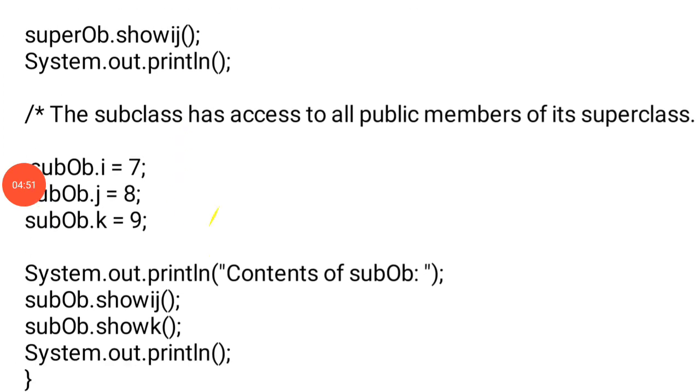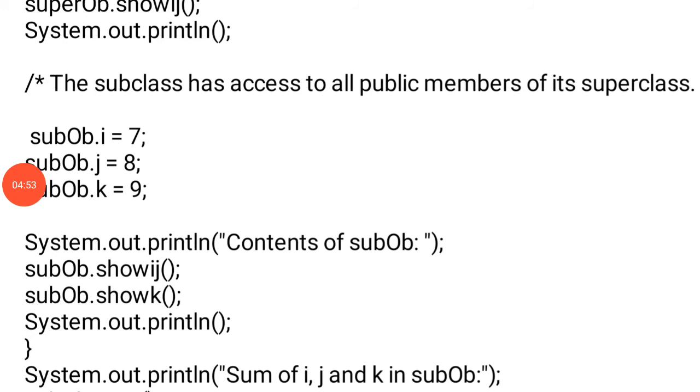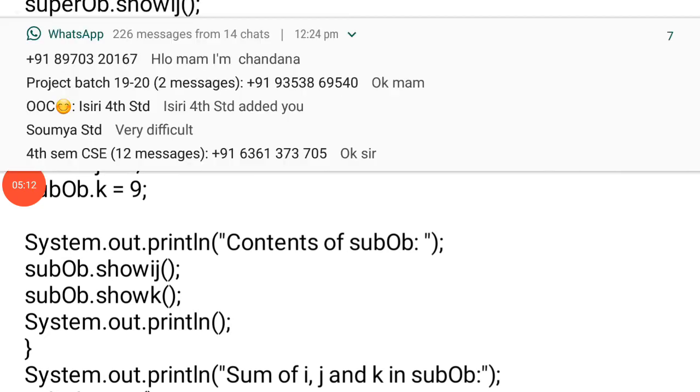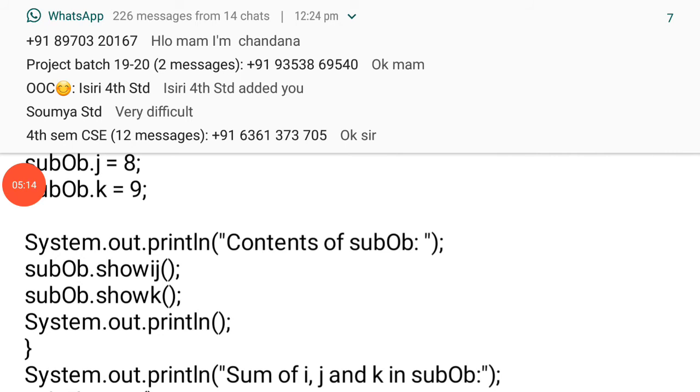subclass object. Whenever you create an object of the subclass, it is also going to receive a copy of all the instance variables defined in the subclass B. Now in B, the instance variable defined is k only, but i and j are inherited from A. That means class B will receive i and j as well as show ij.